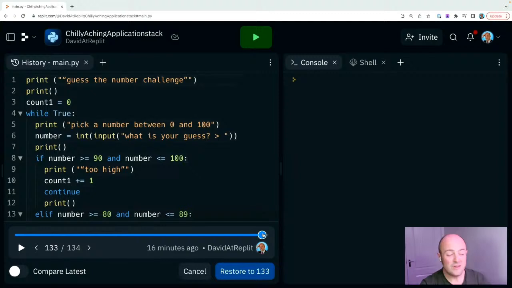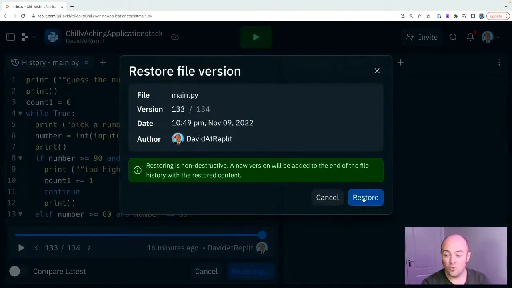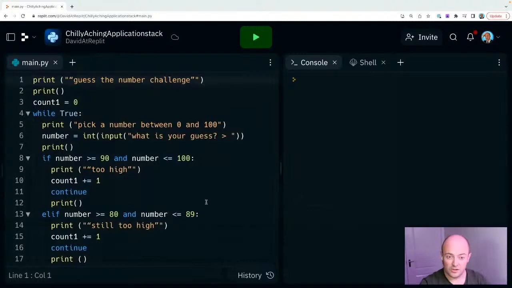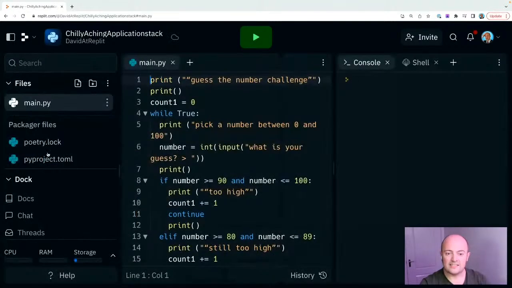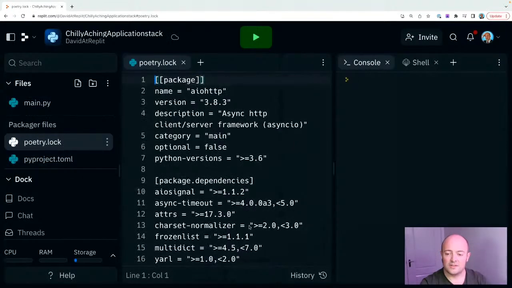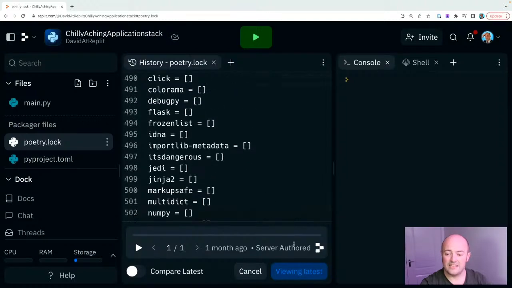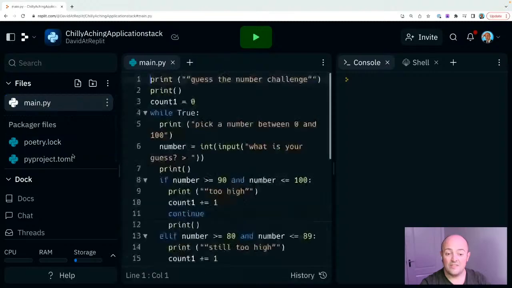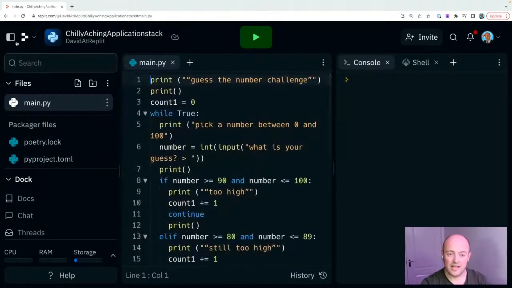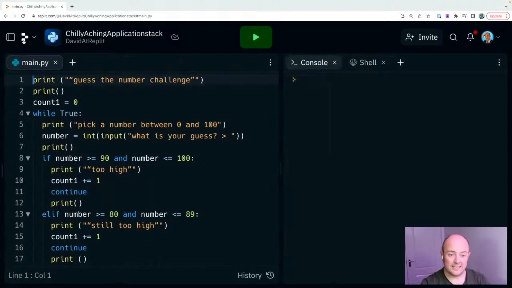And it does make a really big difference to the way in which you can use something like this. You've always got those history points that you can go back to. Now, of course, that's tracking all the files. So I can even go back in and look at things like files that have been automatically created there. Server authored, you see there. So no changes needed. Even your hidden files are being tracked. Even things like your image files are being tracked with that. So it's very, very easy to pull that data up.